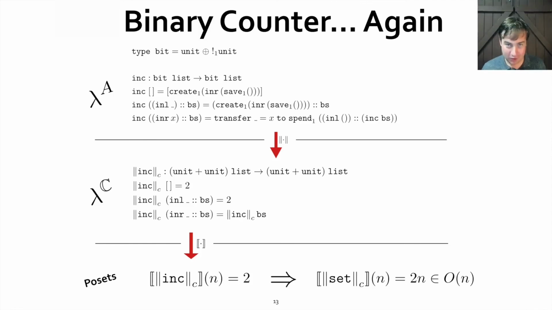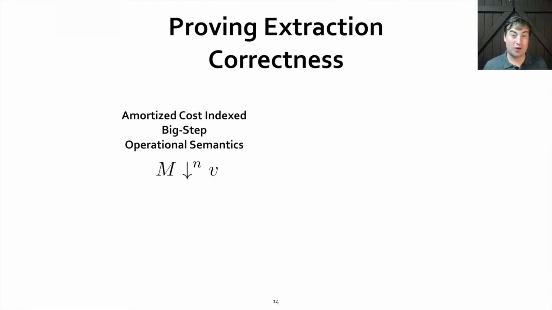So, we have a recurrence extraction procedure that extracts tight bounds for amortized analyses, and the final step here is to prove a theorem like the bounding theorem for prior work, which connects these recurrences to the operational semantics. And similar to how we did it in prior work, we first define a big step operational semantics for Lambda A, but this time indexed by amortized cost. So this judgment reads that M evaluates to V with N amortized cost.